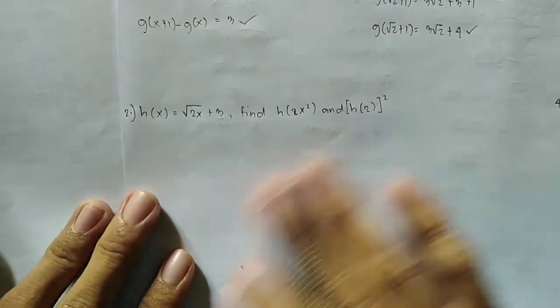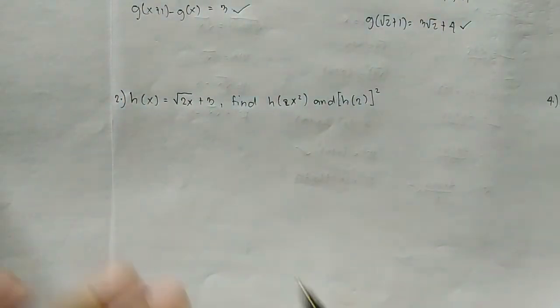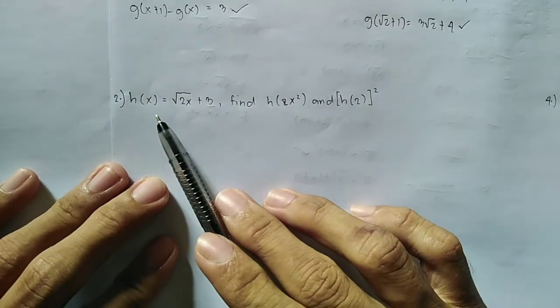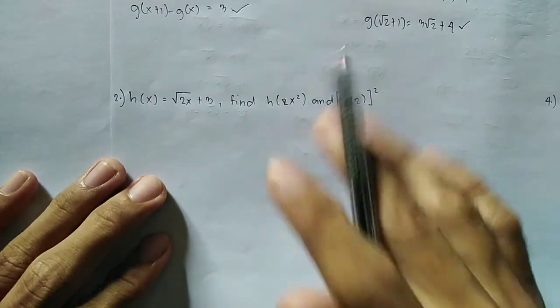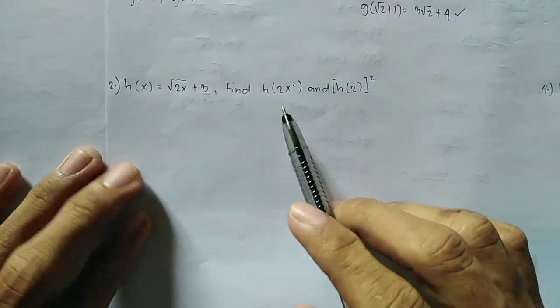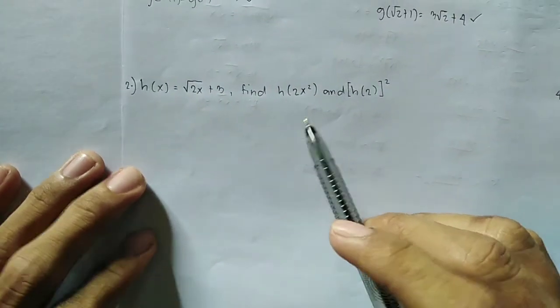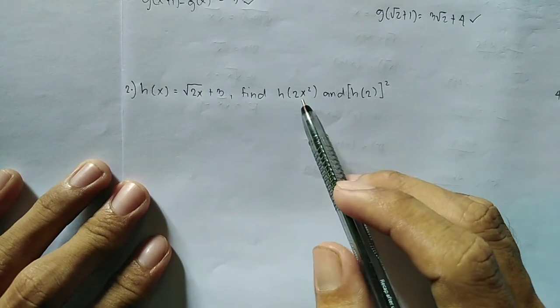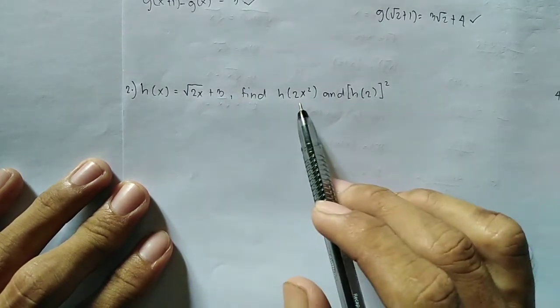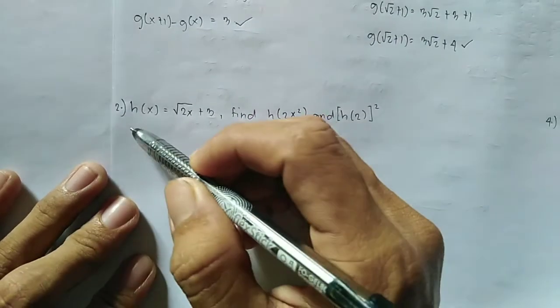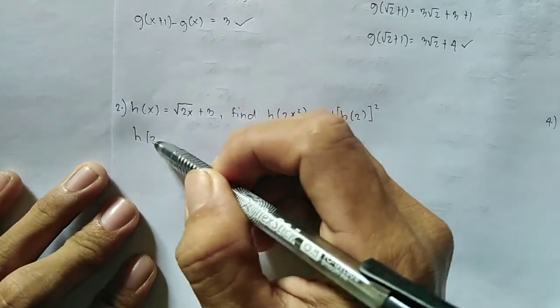So we have here the function defined by h of x is equal to the square root of 2x plus 3, and we have to find h of 2x squared. So we have to simply replace the x variable from the original function with 2x squared. So it might look like this: h of 2x squared